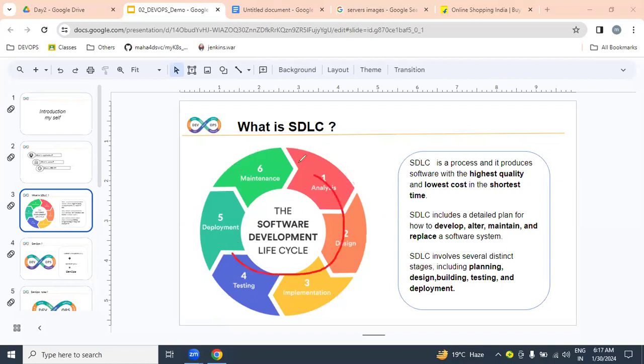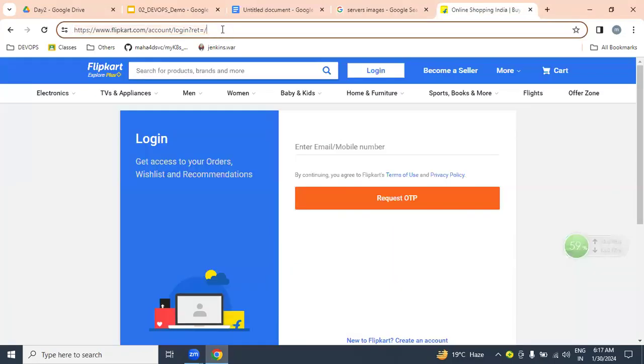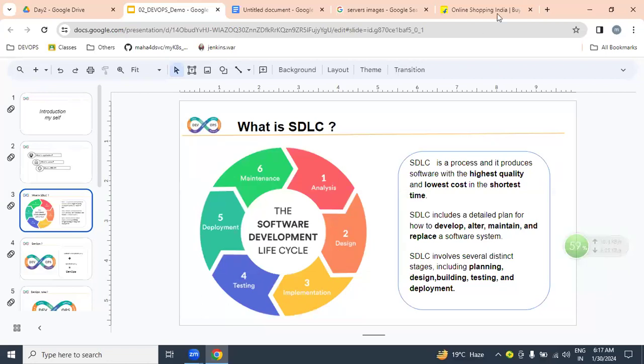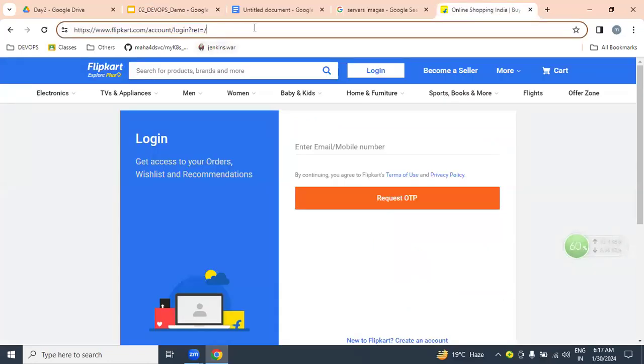By following all these stages, we can produce an application like Flipkart or Amazon, Book My Show.